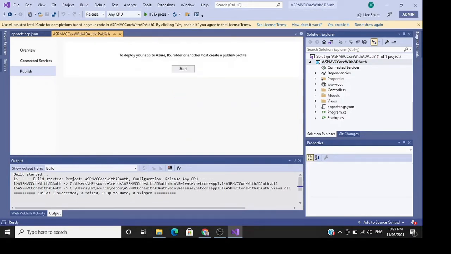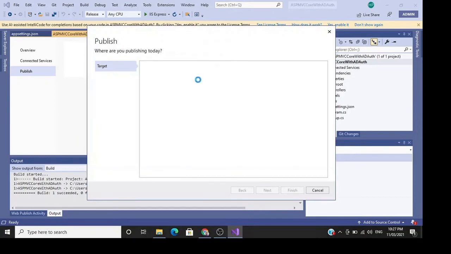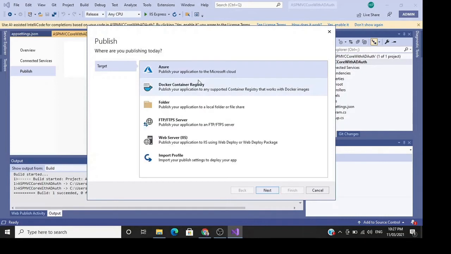So we'll start, and we'll have the target: Azure, Azure web service, IaaS, import profile. Import profile is the same as I said earlier, that we can do an offline deployment on Azure. Let's now click on Azure for the online deployment.